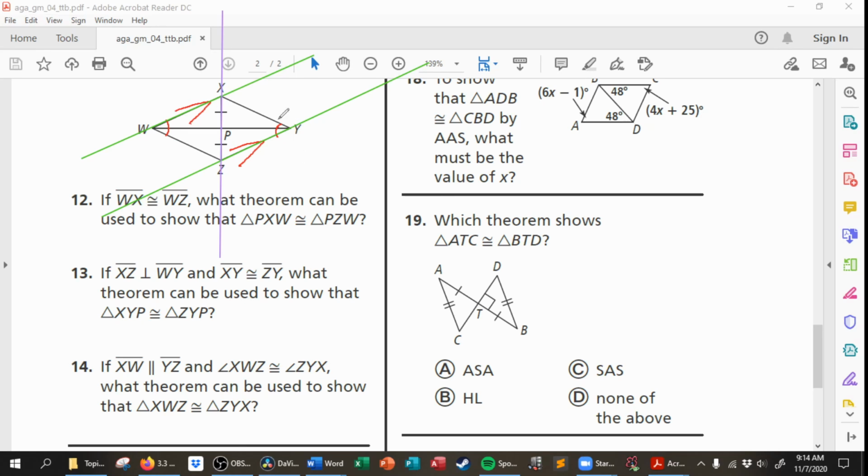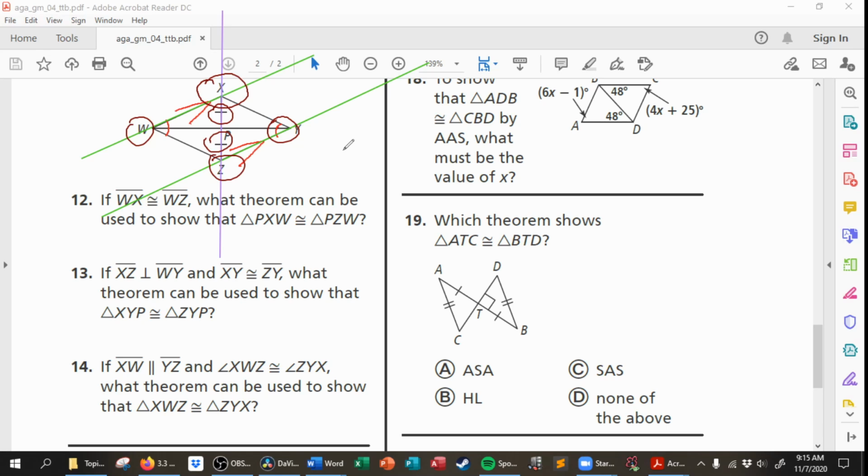Let's go this dark color. Because I have an angle here and a side here, I really want to be able to do something with this because, again, I have my angle here and my side, XWZ and ZYX. Yeah. I have my side here. Now, to make this work,